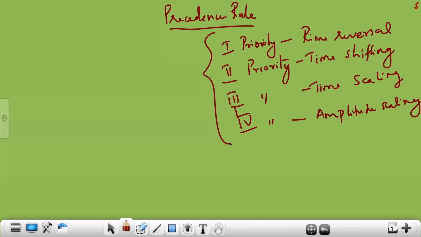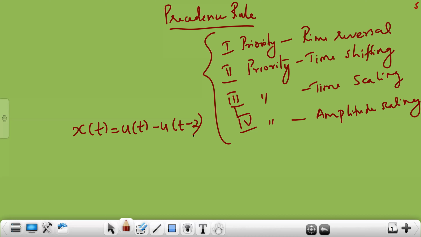Take down one question. Sketch the following signal: x of t is equal to u of t minus u of t minus 2. In another 3 minutes, this meeting will end, so you need to log in with the same link again. It is given that x of t is equal to u of t minus u of t minus 2, and you need to plot this signal.